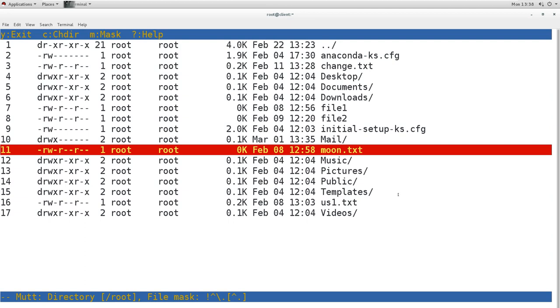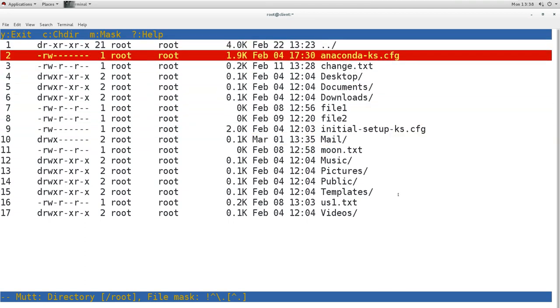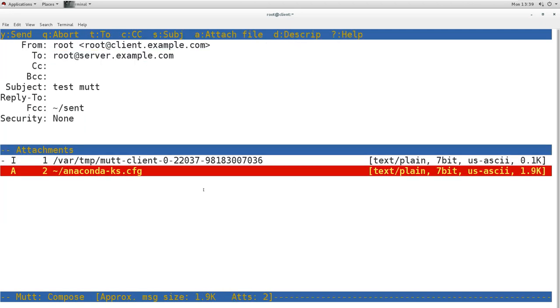Okay, I will attach this anaconda file and press enter. So this is my message and this is the file I attached. If you want to send, then you press Y. So I press Y and now the mail is gone.